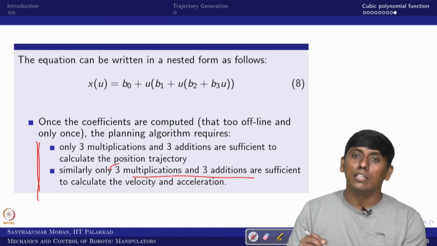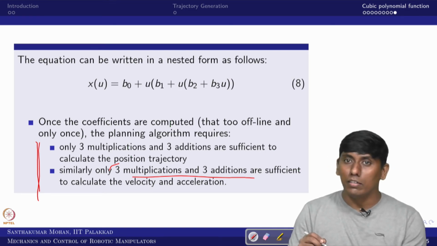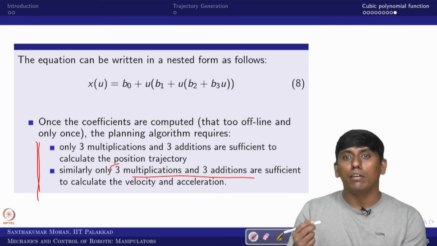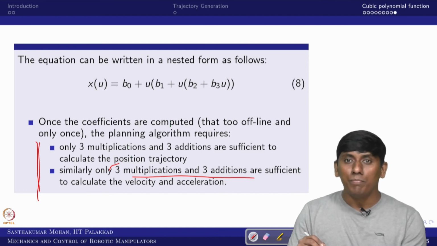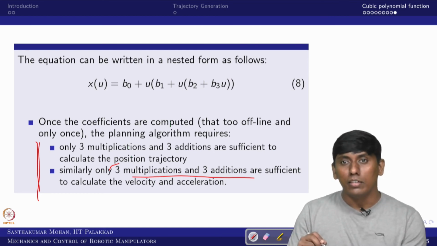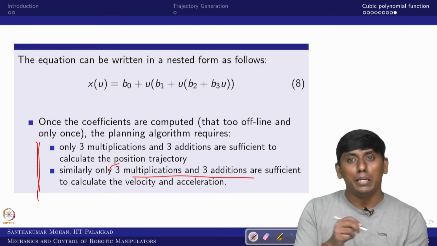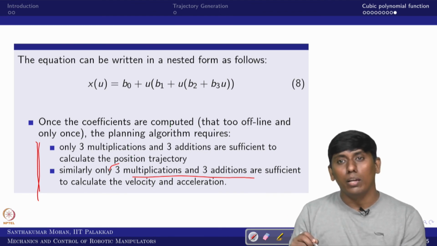But I already said the cubic trajectory does not give any control over initial and final acceleration, so we can think about some kind of higher order polynomials or some other polynomial. That is what we are going to focus on in the next lecture. Once that is done, we will bring it back to the manipulator and see how to generate the trajectory in joint space, or task space.